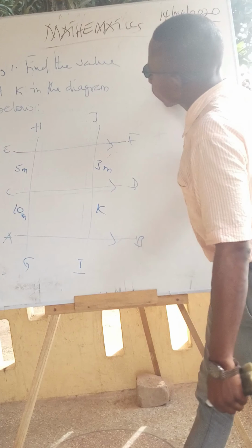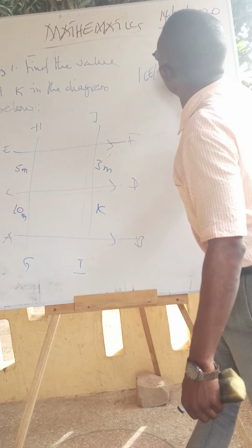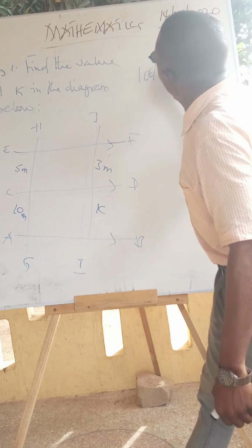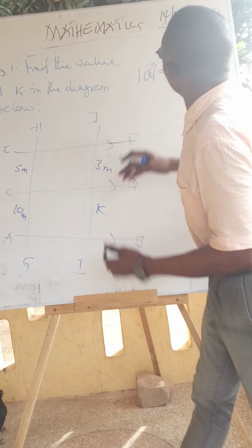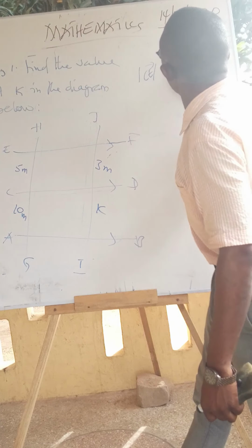we will have length of CE, this can be line or length, equal to length of AC, equal to length of DF is to length of BD, where